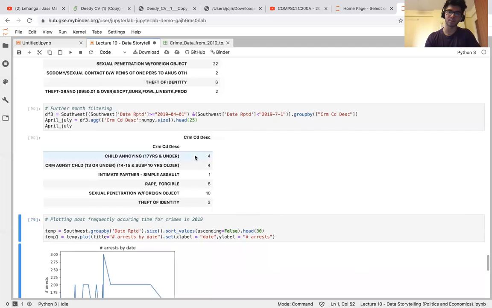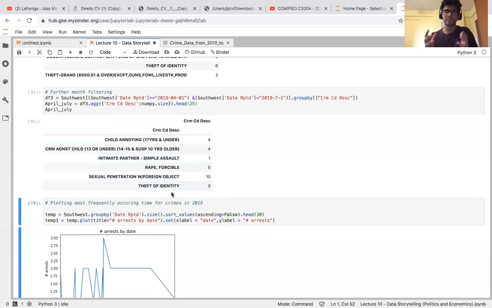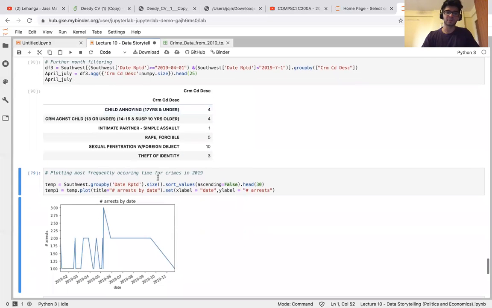Another thing which we might want to see from this data, which might help us understand the data better and help us develop our narrative, is which time of the year has the most frequently occurring crimes, right? When does crime occur most frequently? In order to do that, we could have a line plot.